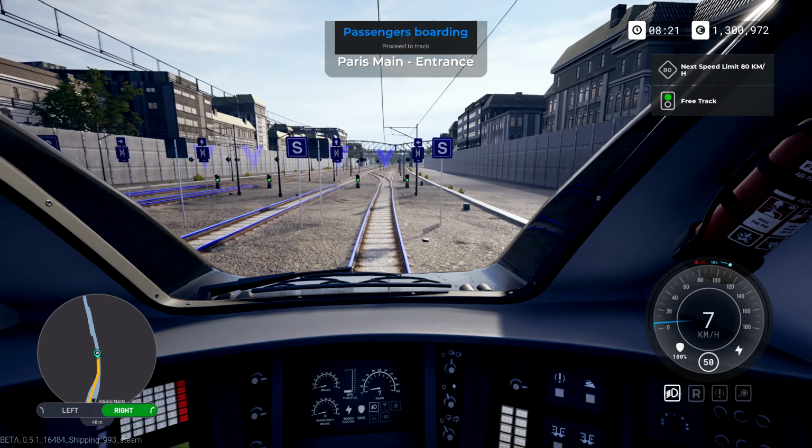Now, it looks like the actual fog is gone. As you can see, the sky is clear. We can actually see the sky. The blue, light blue haze or purple haze on everything has sort of disappeared. But the next speed limit is still 40 kilometers per hour, which leads me to believe that the game still